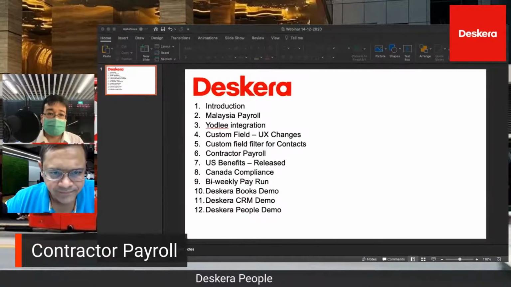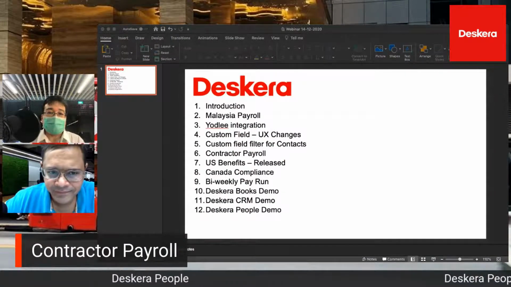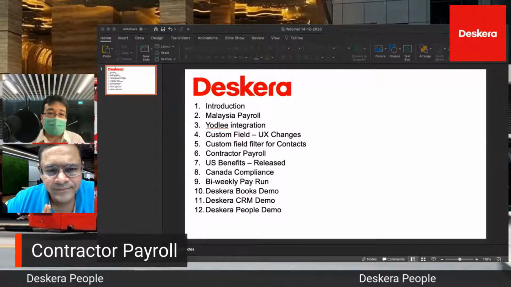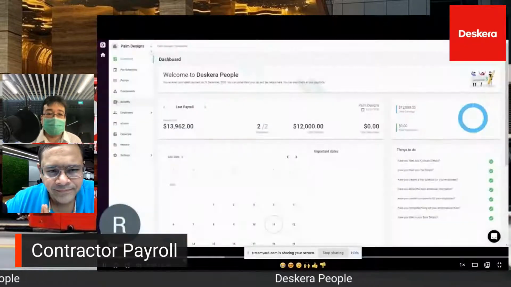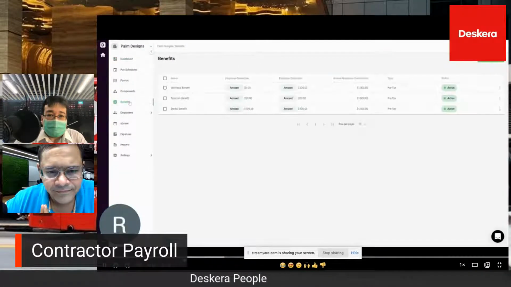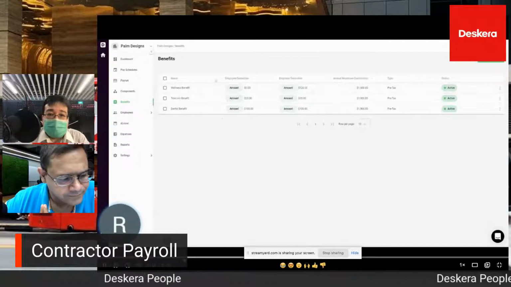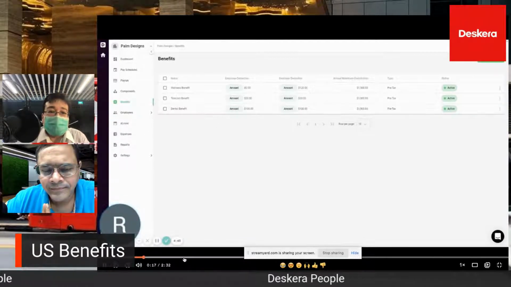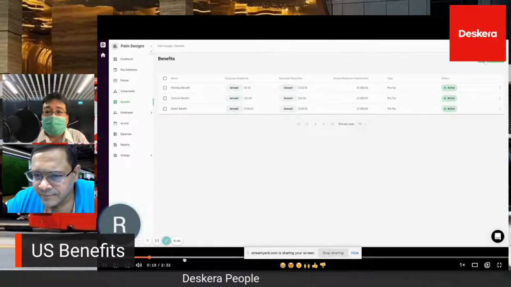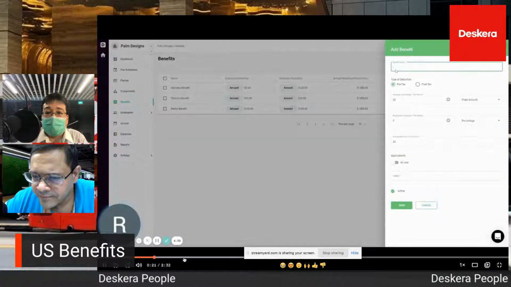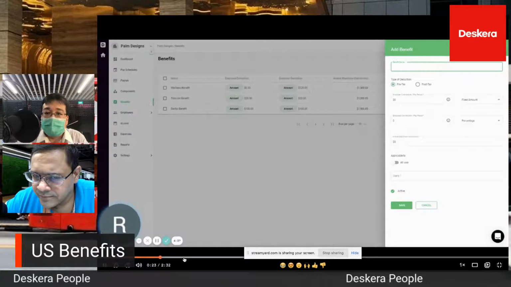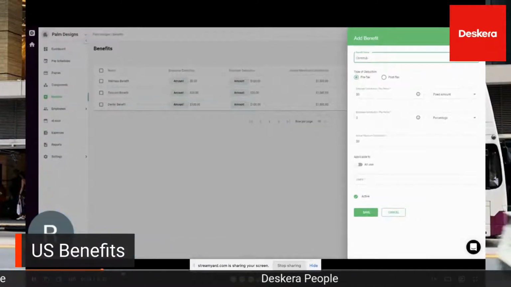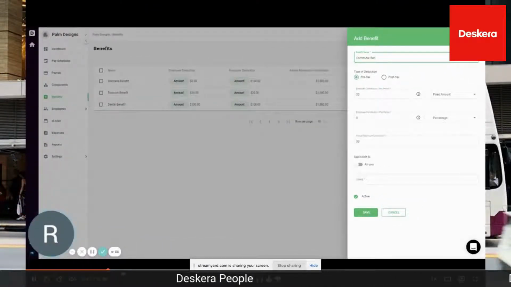All right. So we're going to look at benefits. And benefits are currently in the system. So let's click on benefits. So inside here, I can see my different benefits, my wellness, my telecom, my dental benefits. And I can add benefits here as well by clicking add. I can put in the benefit name. So for example, commuter benefits,